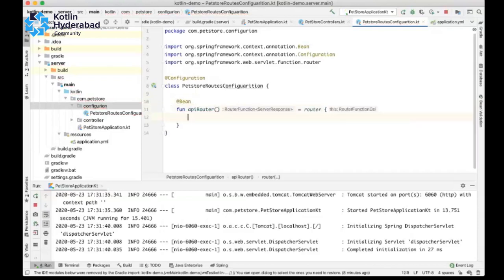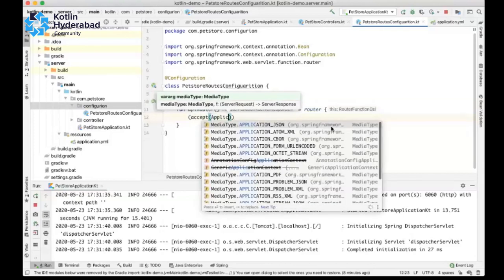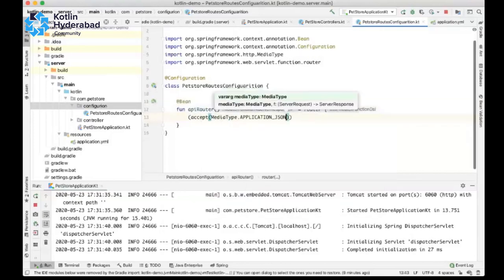This is actually a basic bean. It's a lambda function which allows us to define basic routes for our application. We are going to accept application JSON as well, right?